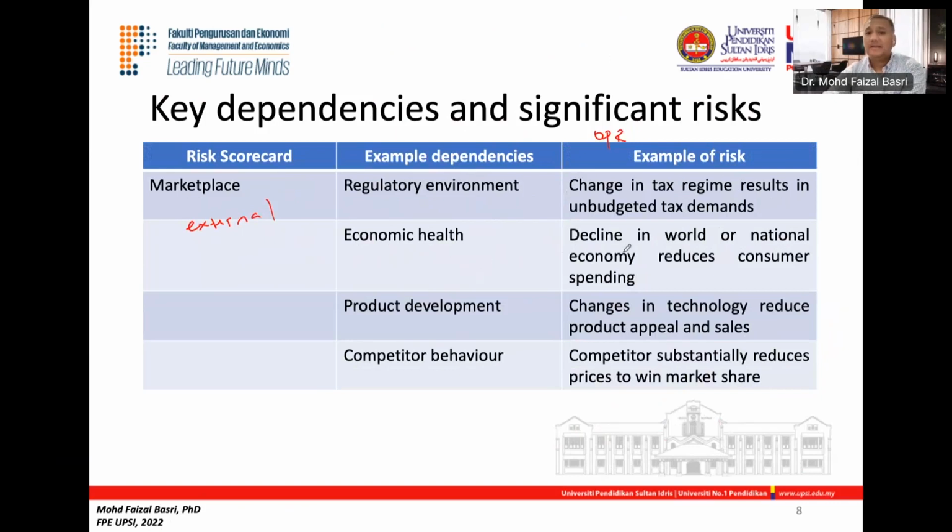For example, economic health: a decline in the rural or national economy reduces consumer spending, which causes your products to be less in demand because of the overall market decline in the spending power of the consumer. Product development using technology, right? And also competitive behavior. So your competitor can reduce their price in order to win market share, and also to